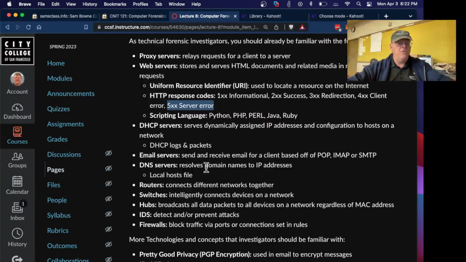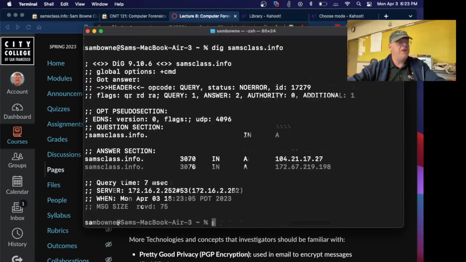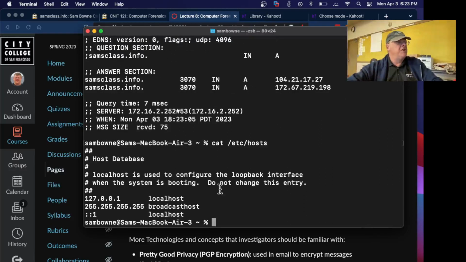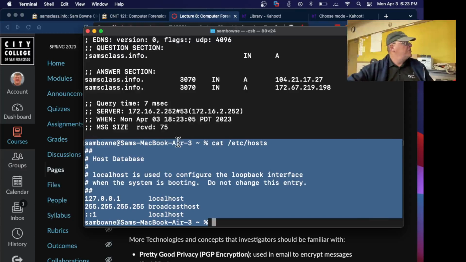Now, when you do a DNS resolution, like the one I did here, say dig samsclass.info, I want to know the address, it actually looks a whole lot of places for it. The first place it looks is the local hosts file. On Windows and Linux machines, there is a hosts file, and let me just print the one here. It's on Linux, I think, at /etc/hosts. Yep, there it is. So this is the Mac hosts file, which is like the Linux hosts file,